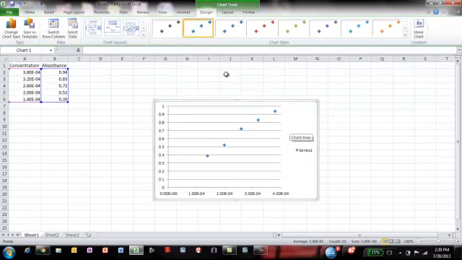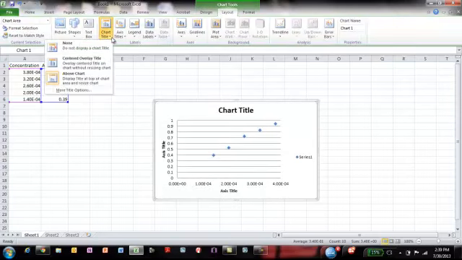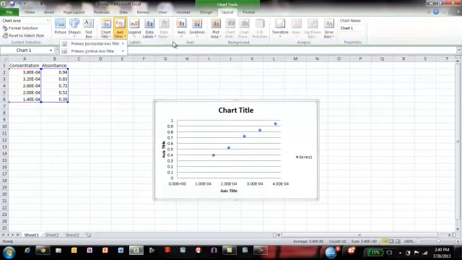And so there are some quick and easy ways to make your graph look pretty. Over here you have some chart layouts, which will put some automatic layouts in there. If you click one, it'll fill in, and this is pretty typical. The other way you can do it is go to the layout and do them individually: chart title, axis titles, legend, data labels. You will have to fill those in all on your own, but I want to show you how to quickly